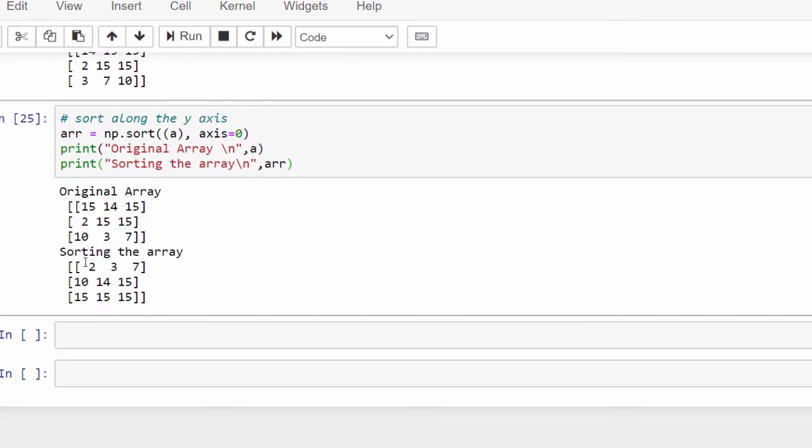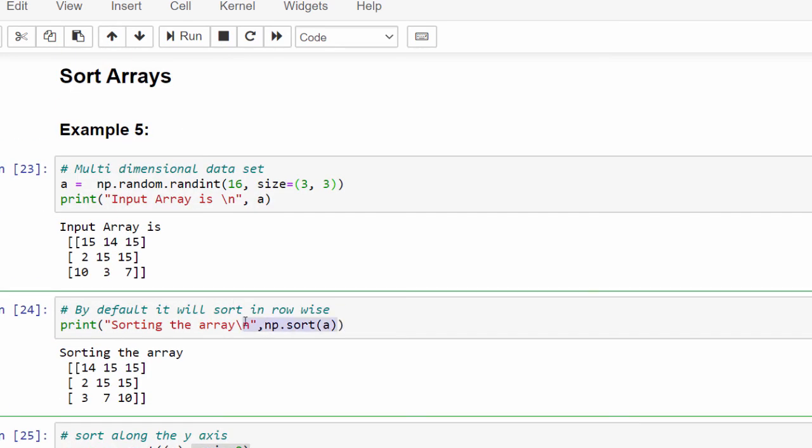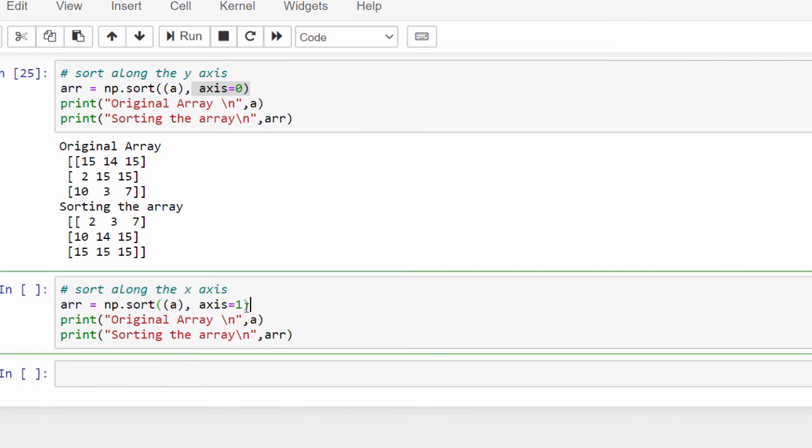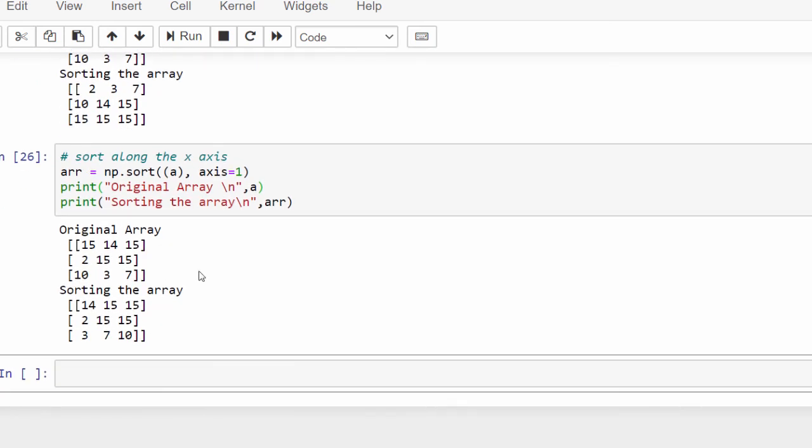Now it is sorting along the y axis: 2, 10, 15, then 3, 14, 15, then 7, 15, 15. So if you want to sort along the y axis, the simplest way is axis equal to 0. By default we know it will sort row wise, but if you want to mention it specifically, axis equal to 1 will sort along the x axis.